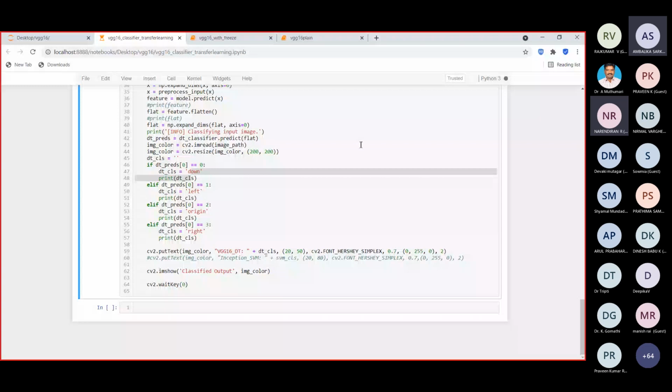So you see here, I've given six test data and the decision tree, getting the features from the CNN, is correctly classifying them. This is how I've shown it through this coding.